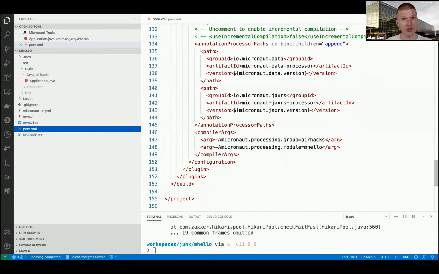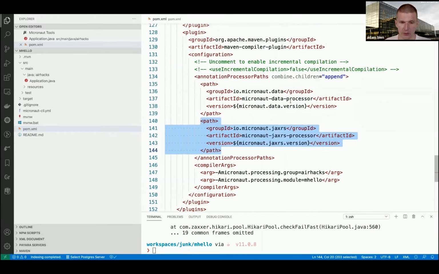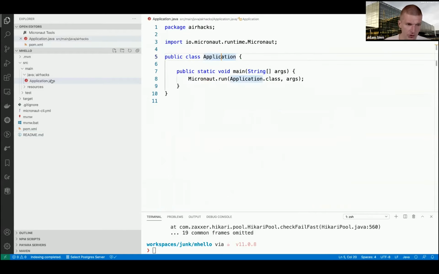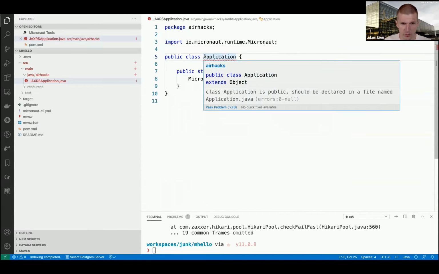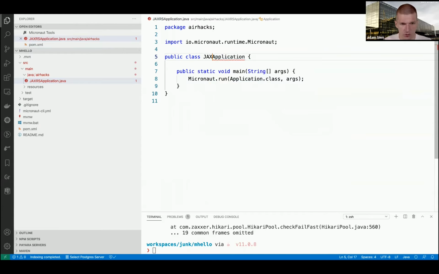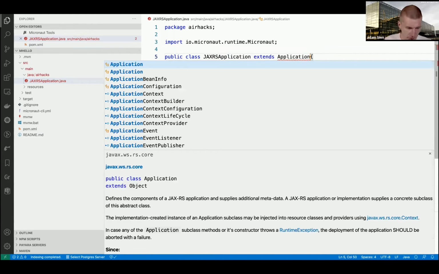I added the JAX-RS extension, and we have the Micronaut data processor. The interesting part is that the JAX-RS annotations are just translated behind the scenes to the proprietary Micronaut annotations. So, interesting approach. Now, first, I will have to rename that to JAX-RS application, and this extends Application, and this Application comes from, hopefully,